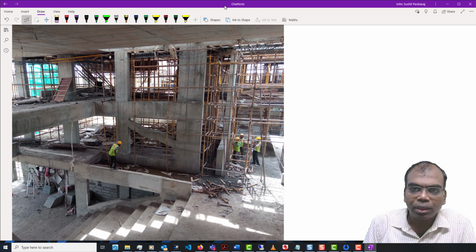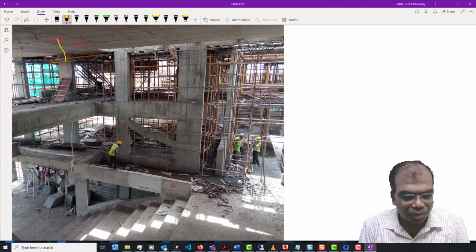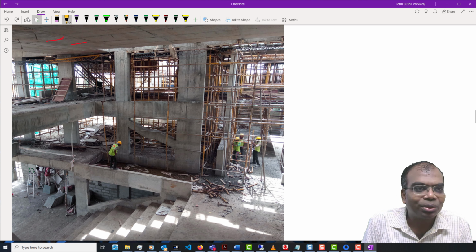Now look at this particular shutter. Suppose this floor was to be constructed, can you see the slab which is here? The staging for this shutter would have been from, I'll use an arrow, just a minute please.